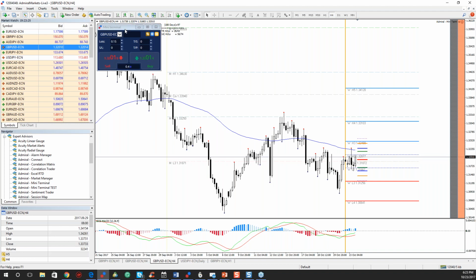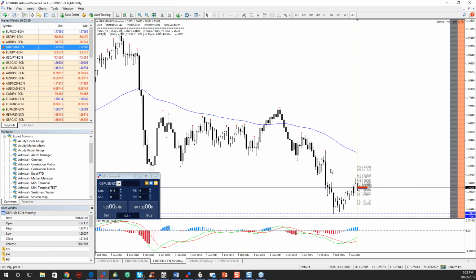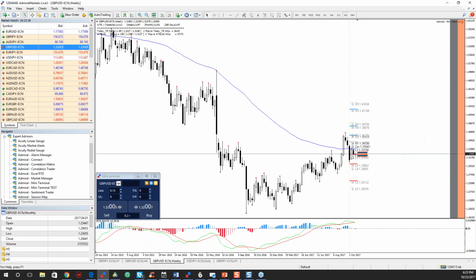Now let's do top-down analysis. So we start from monthly. Monthly is clearly, guys, in downtrend, but you can see here that it started to make some pullback to the upside. I would say it could go up, but you see here, it broke through T89 and it made a big candle here. That is basically a master candle here on a weekly time frame. It's a big time frame, so we cannot trade from weekly, but